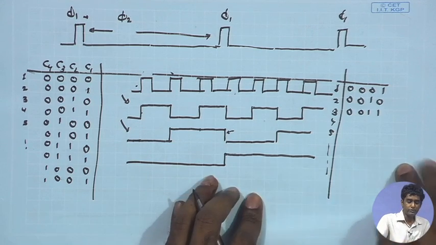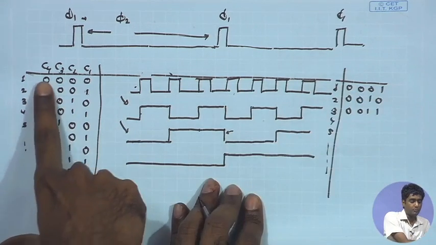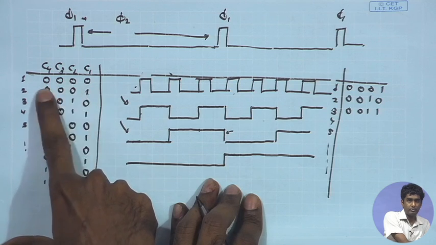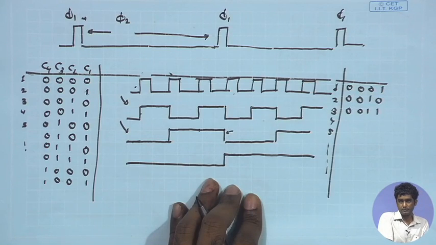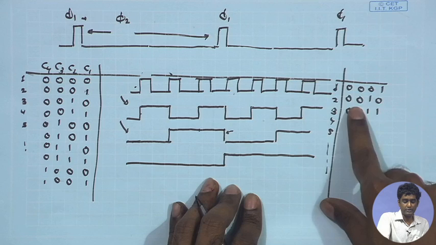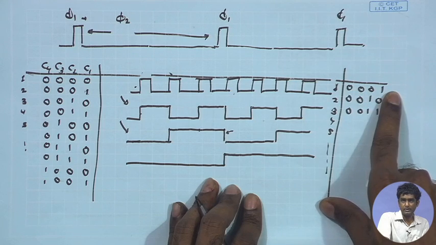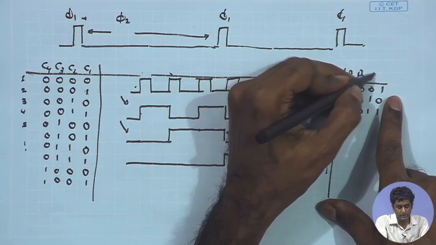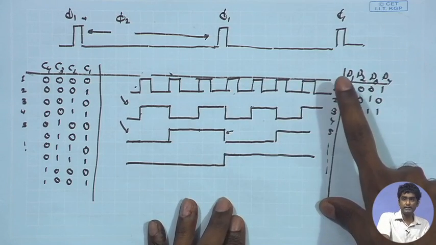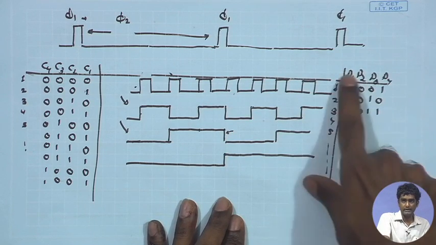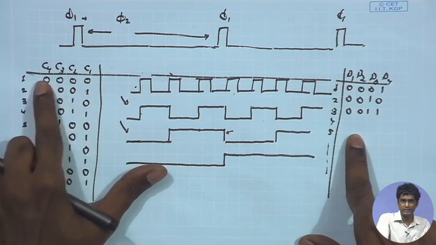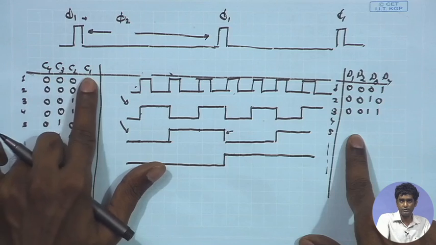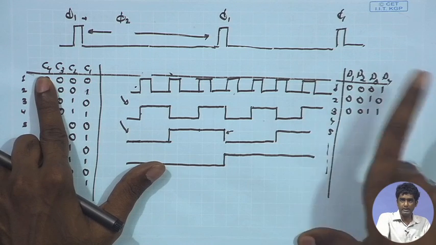Now, how do I make sure that if the flip flop output in the previous state was this, in the next state the output becomes this? I just need to make sure that the D inputs are these. So, if I have D1, D2, D3 and D4, I would like to make sure that these D inputs D1, D2, D3, D4 are these particular values, so that when the next positive edge comes, the previous values of the flip flop output Q1, Q2, Q3, Q4 were these, if I make the D input such that